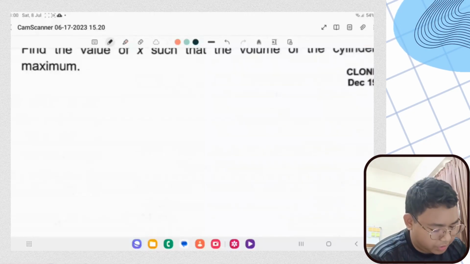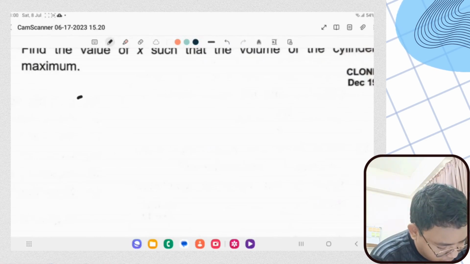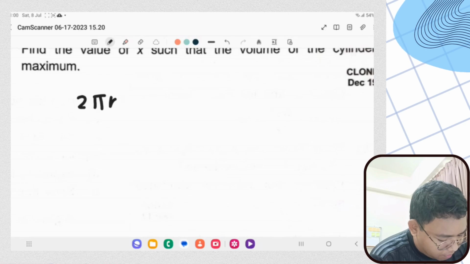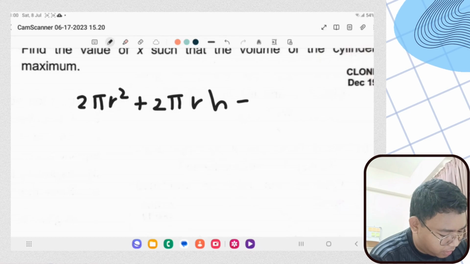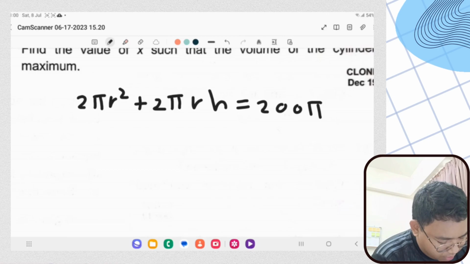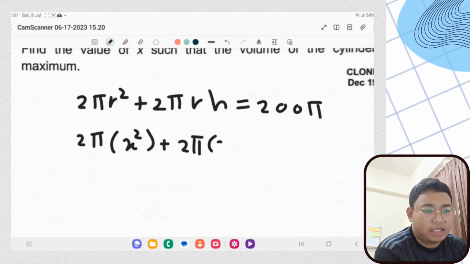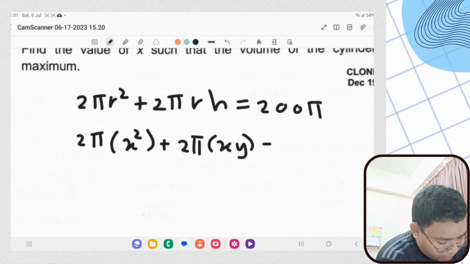First, what we need to do is write down the formula of the cylinder area, which is 2 pi r squared plus 2 pi rh equal to 200 pi, because the surface area is already given in the statement. Then replace r with x, because the question needs us to express y in terms of x. So it will be 2 pi x squared plus 2 pi xy